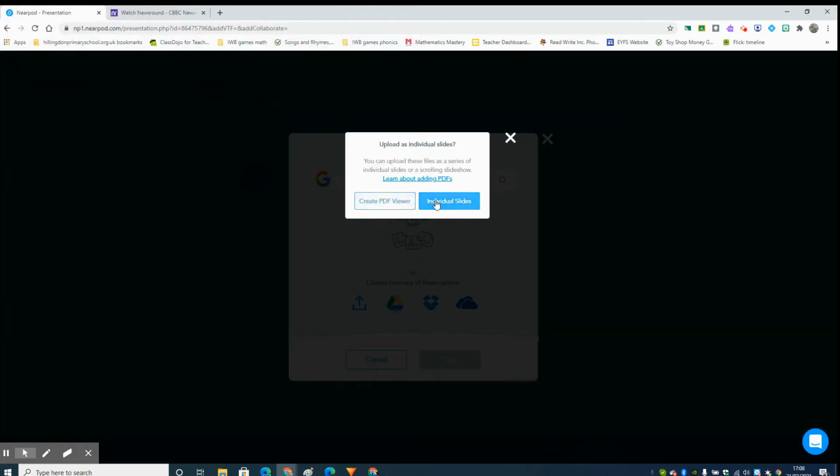Now I've got two different options to upload. Because it's a PDF, I can choose to create a PDF viewer, which means that Nearpod will create one slide for the whole PDF, and the children will have to scroll down in order to see all of its pages. Or I can choose individual slides. That means that Nearpod is going to create one slide for each page of my PDF. So because it's a lot easier for children to interact with individual slides, this is the option I'm going to choose. So I'm going to click on individual slides, and it will take a bit of time for Nearpod to